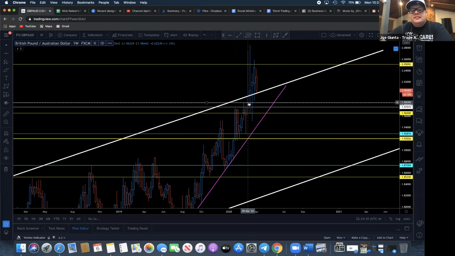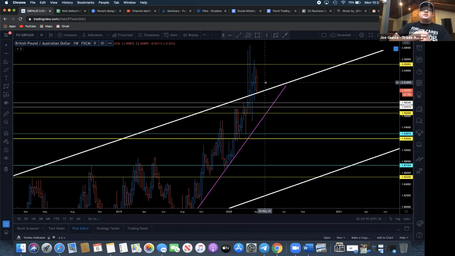So if we see that close on the outside and we see a red candle close on the weekly, let's make sure we're understanding. A red candle close on the weekly showing pullback, and a monthly candle that closes outside of our channel, we can call that a new normal. Because now, essentially, we're not looking for a gap to be filled on the weekly anymore. Now we're looking for a new start on the monthly chart, which means we're talking about major momentum that's going to come into the market.